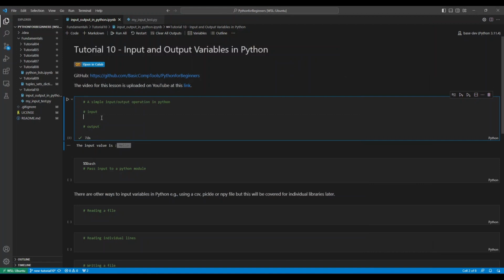Hi everyone. In this tutorial, we will talk about how to input and output variables in Python. There are multiple ways to perform input and output operations in Python and may require different libraries depending on the data you are trying to import. But here we will cover the basics, and the most simple way to input a variable in Python is to